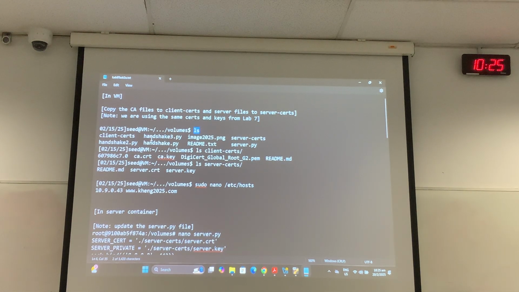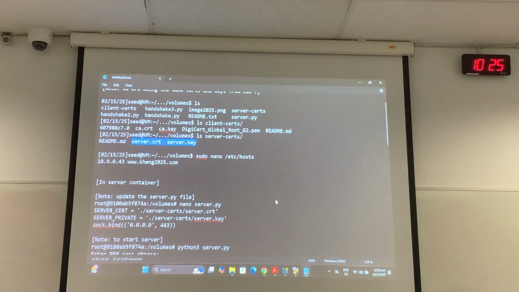So make sure that the client certs contain the ca.crt and the ca.key, and the server certs contain the server.crt and the server.key. Then after that, I'm going to change the /etc/hosts file in the